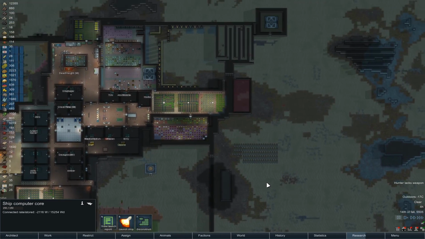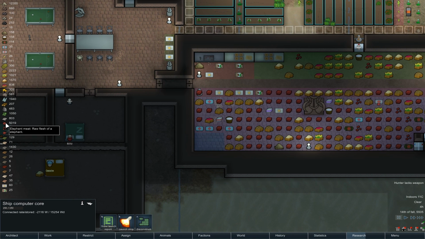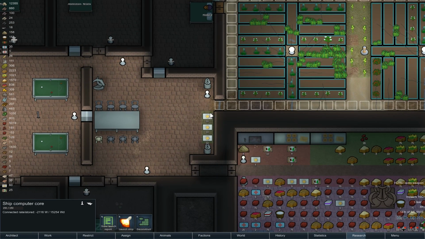What else did we do? Killed a bunch of elephants, so, I mean, I don't think we're going to be having... We've got 5,000 elephant meat. So, food looking kind of okay for the time being. Okay enough that I probably want to think about maybe...